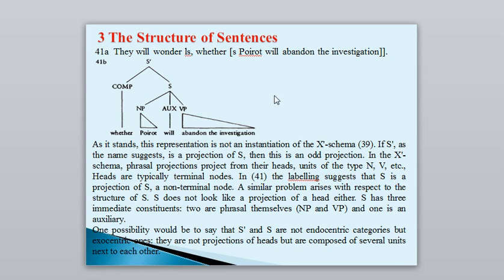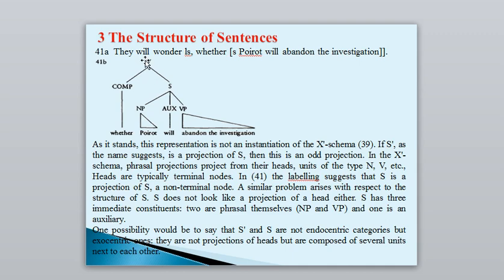So now we can look at the structure of sentences in general, not NP, VP, PP, or adjective phrase. What is the structure of sentences? Look at the example: They will wonder whether Poirot will abandon the investigation. This sentence consists of another sentence, whether Poirot will abandon the investigation. And this is the tree diagram of this sentence. You see here, the embedded sentence,